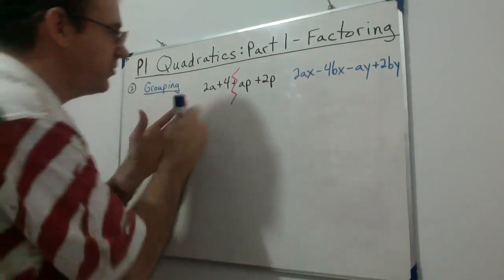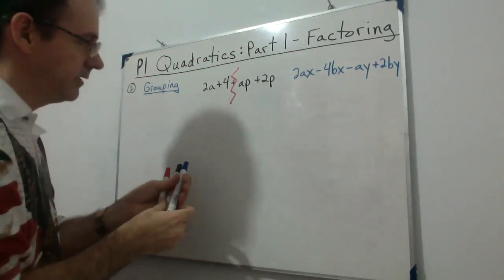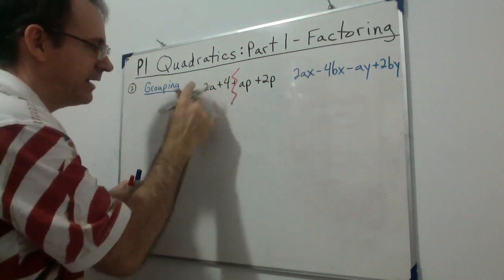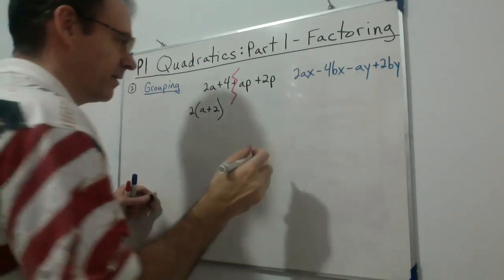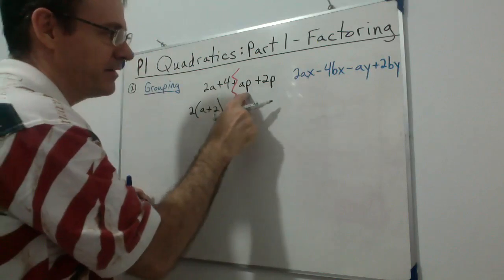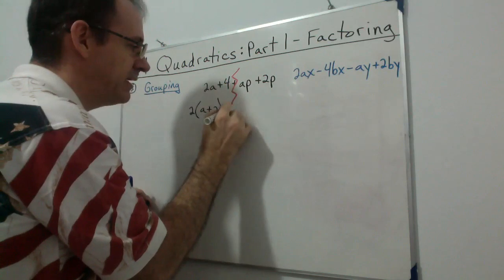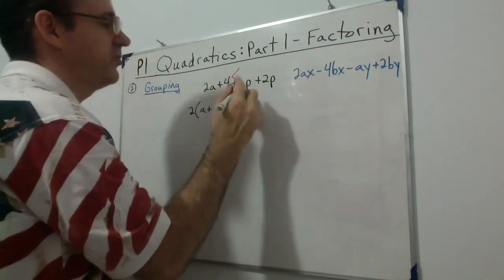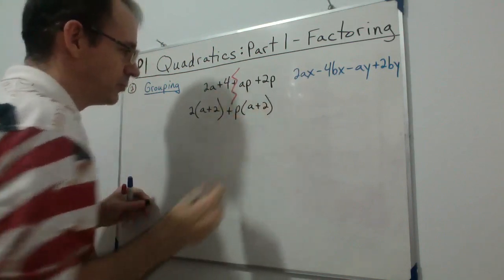So when you look at these 2 and you see that they both have a 2 in common, you're going to factor the 2 out. Remember, you're dividing it out, so that leaves you with a plus 2. Then you look at this side over here, and they have a p in common. And you're going to take the positive sign here. So a positive p is what's common to these 2. And when you divide that out, you get an a plus 2. Now,